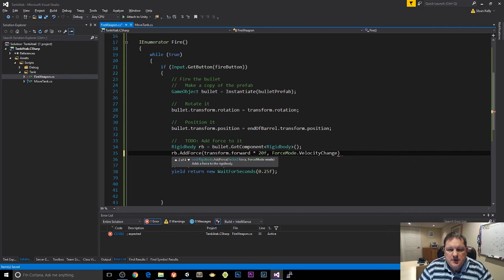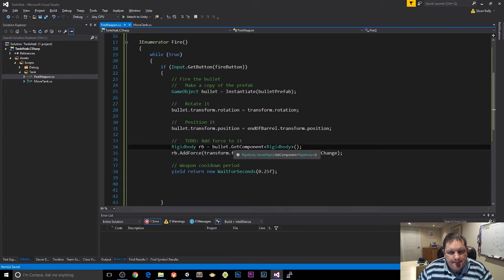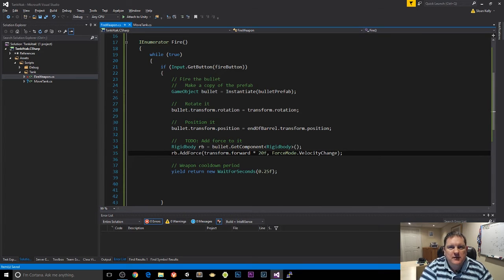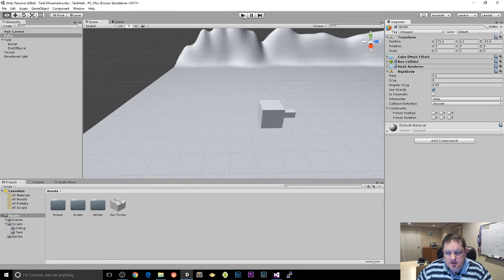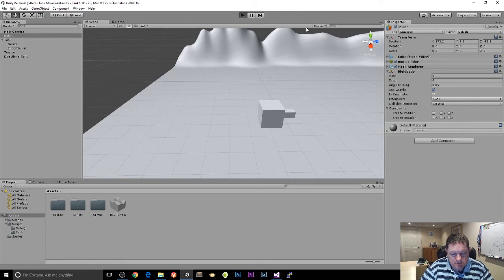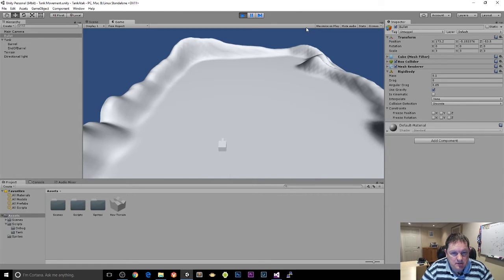Let's try velocity change just now. I'll leave this as an exercise for you to look these values up, but I'm going to try velocity change just now. I think that should be enough for us. So if I run this now and I press fire,